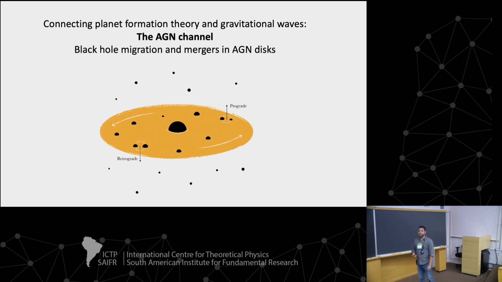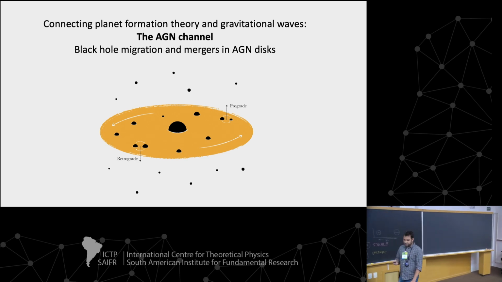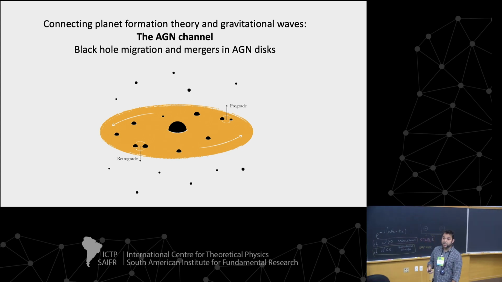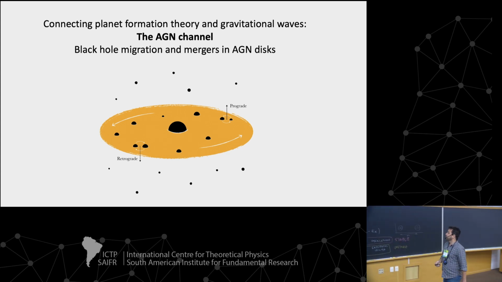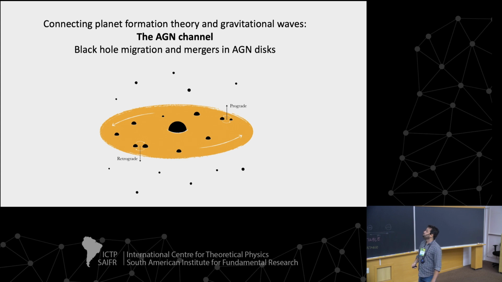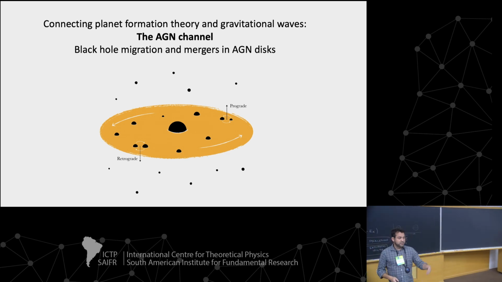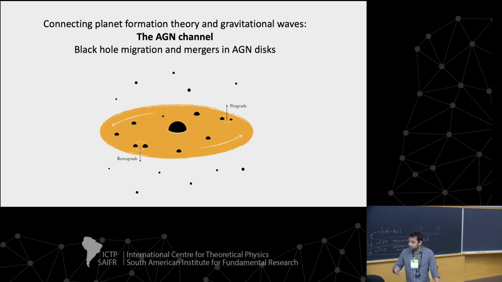Well, there is a class of objects that is very alike to protoplanetary disks, which are AGNs, right? Active galactic nuclei. So the AGN channel for the production of black hole mergers, what Filippo has mentioned in his classes,